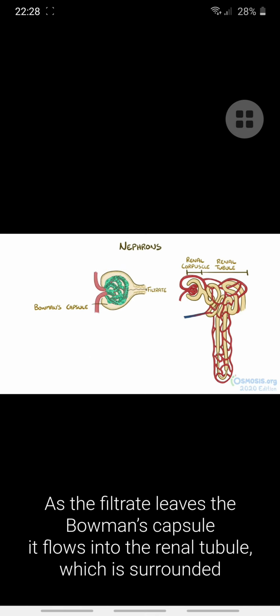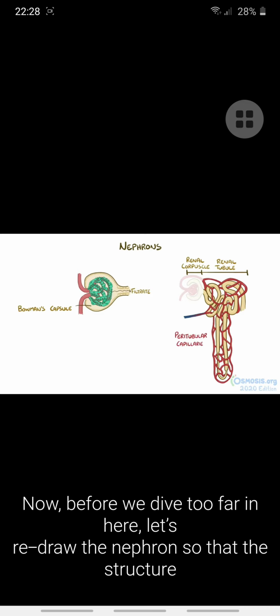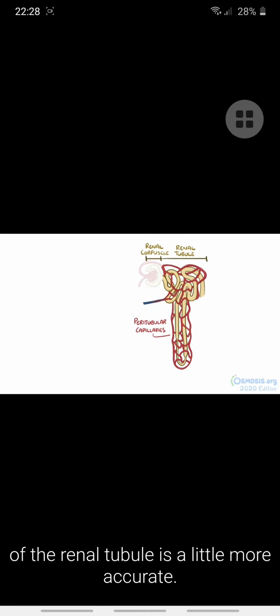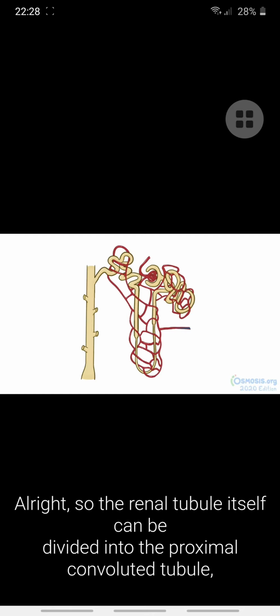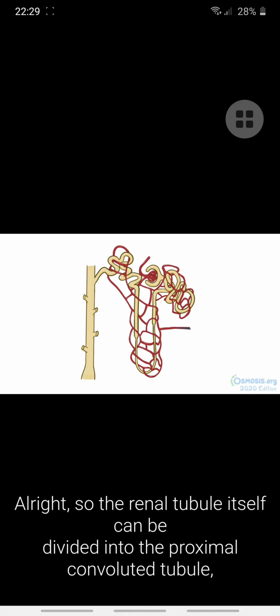As the filtrate leaves the Bowman's capsule, it flows into the renal tubule, which is surrounded by the peritubular capillaries. Now, before we dive into this, let's redraw the nephron so that the structure of the renal tubule is a little more accurate. Alright, so the renal tubule itself can be divided into the proximal convoluted tubule,